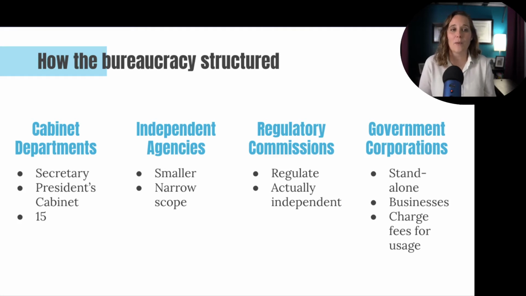Regulatory commissions are responsible for regulating parts of the economy, making rules for large businesses and industries that affect the public. Because of this, they are typically not under the direct control of the president. Most are commissions, which have about 5 to 11 members that are appointed by the president, but the president can't remove them for the length of their actual term.